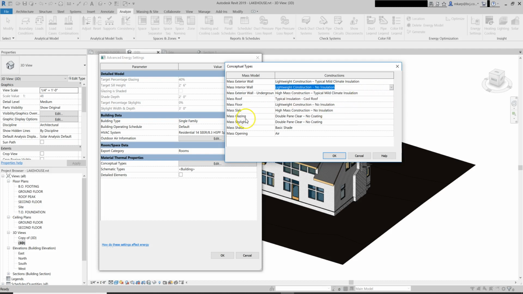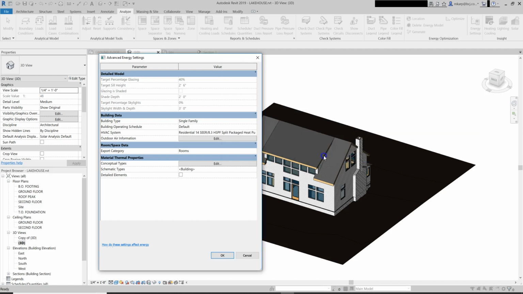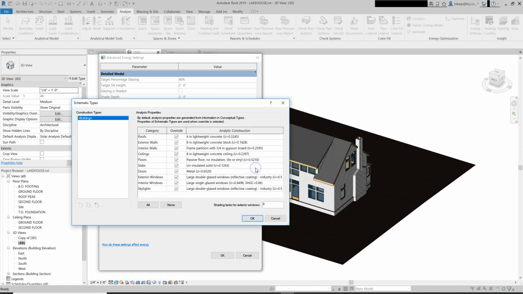It's a little frustrating. But definitely for your glazing, there's no coating stuff anymore. It's almost always double pane, low E. So we're going to pick cold climate. And we're going to keep most of this pretty similar. So we'll be able to look at the roof assemblies when we get into the Insight. So hit OK. The schematic types, again, this is showing us a little bit more about what it's assuming its construction is, and this is where we can